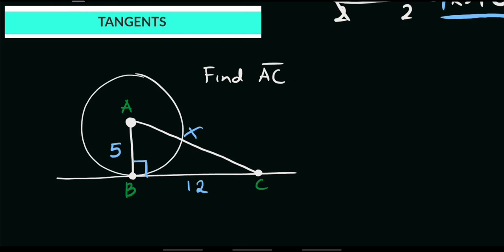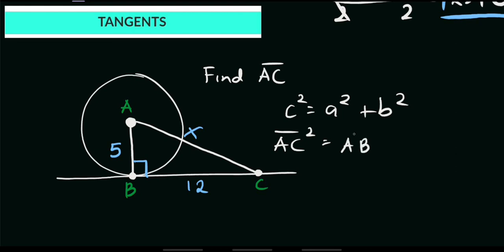According to the Pythagorean theorem, in a right-angled triangle, the square of the long side, or the hypotenuse, is equal to the sum of the squares of the two other sides. In a mathematical sentence, that is c squared equals a squared plus b squared. Since we're asked to solve for AC, let's say c is AC squared, and that is equal to a, let's assign AB for a, so line segment AB squared plus BC squared.